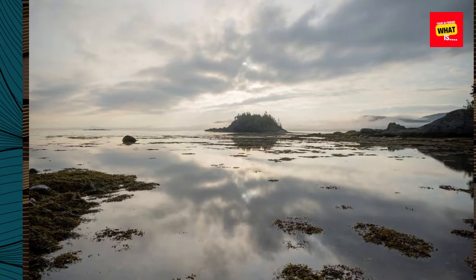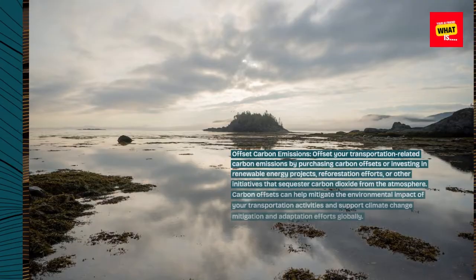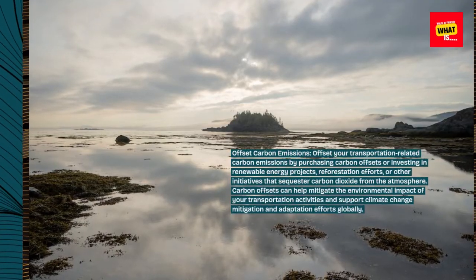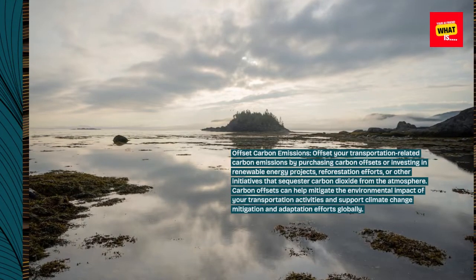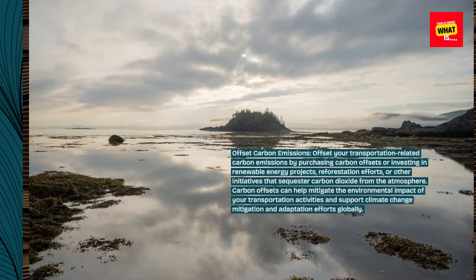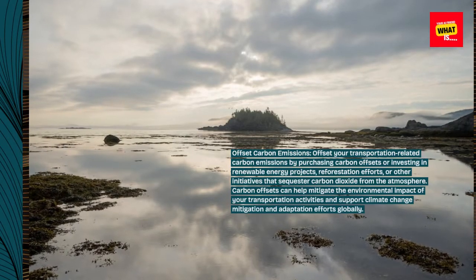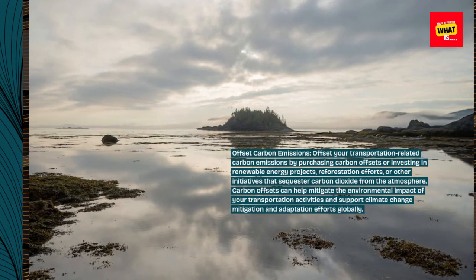Offset carbon emissions. Offset your transportation-related carbon emissions by purchasing carbon offsets or investing in renewable energy projects, reforestation efforts, or other initiatives that sequester carbon dioxide from the atmosphere. Carbon offsets can help mitigate the environmental impact of your transportation activities and support climate change mitigation and adaptation efforts